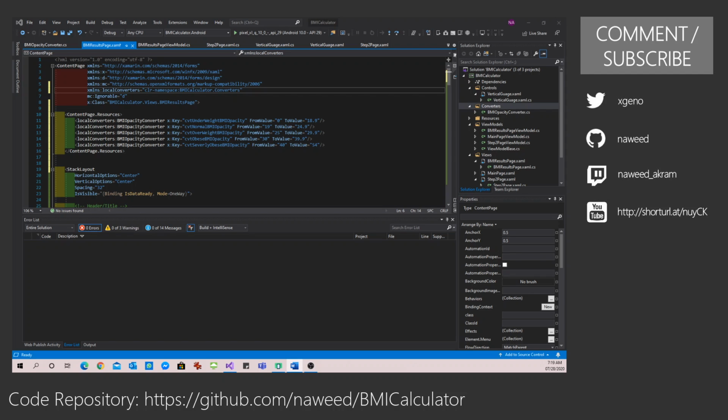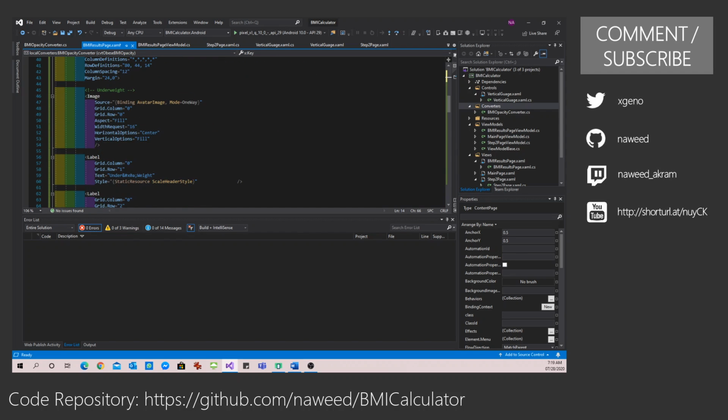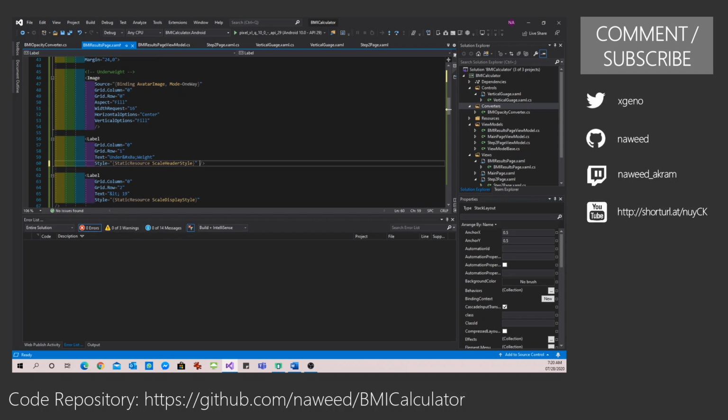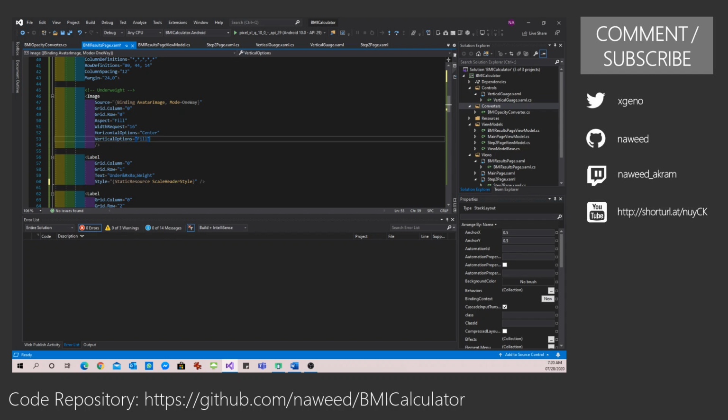Once we have this, all I need to do is go and define it for each of my items. Of course, there is a better way of doing this. We could have defined this whole section into one grid, and then we could have applied the opacity one time only, but that would mean that we have to define the grids and the rows every time. So that is the reason I wanted to avoid this.